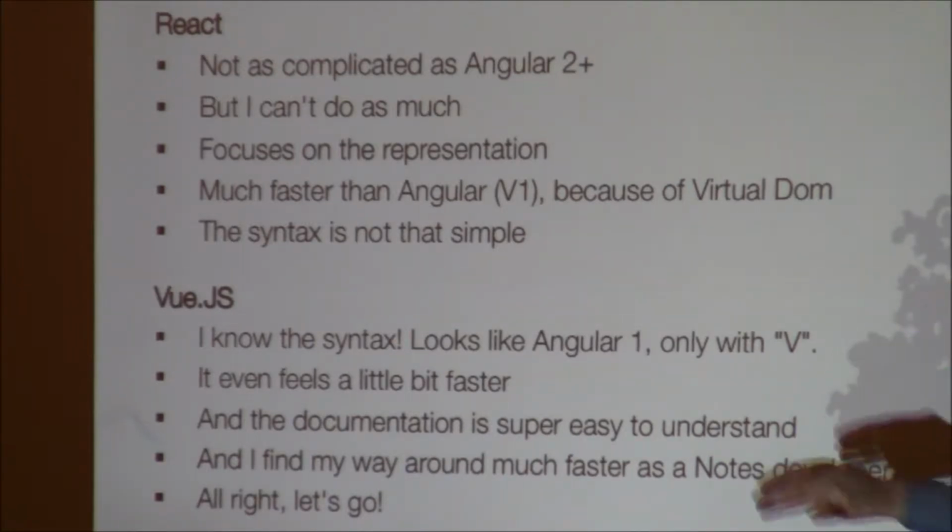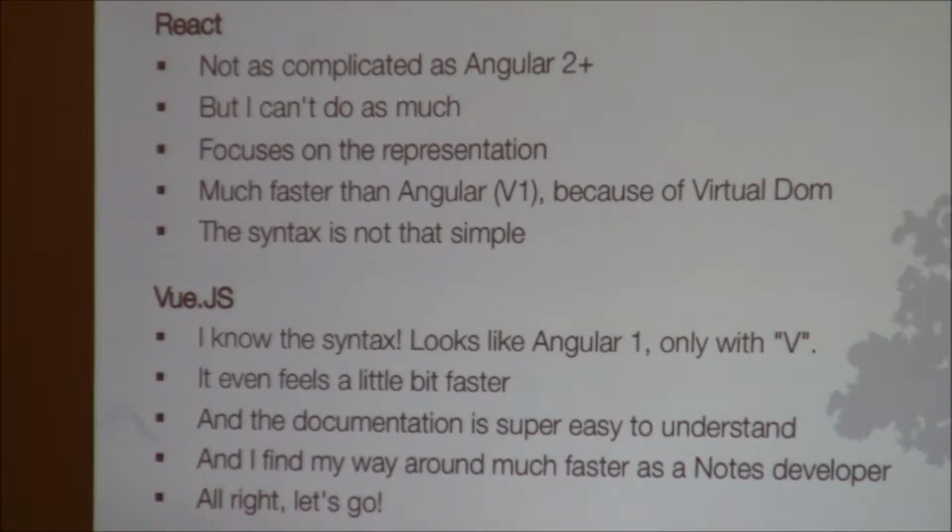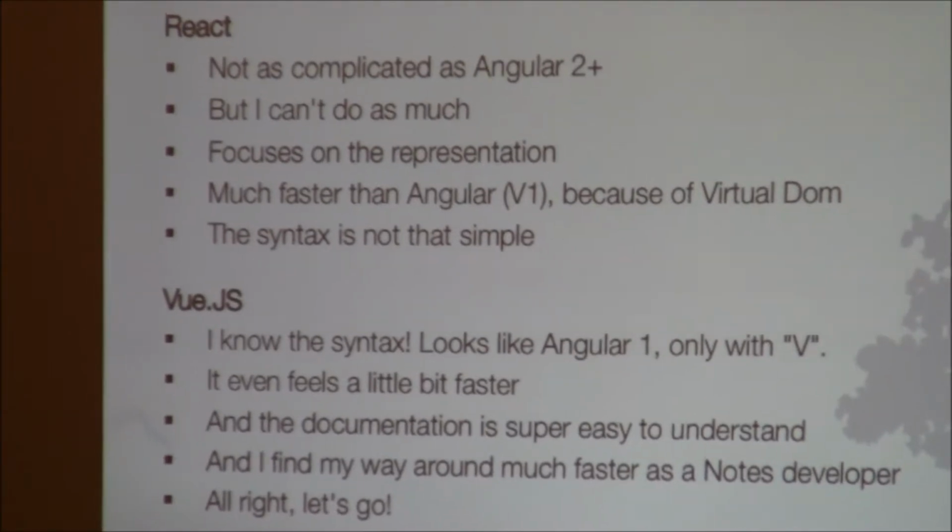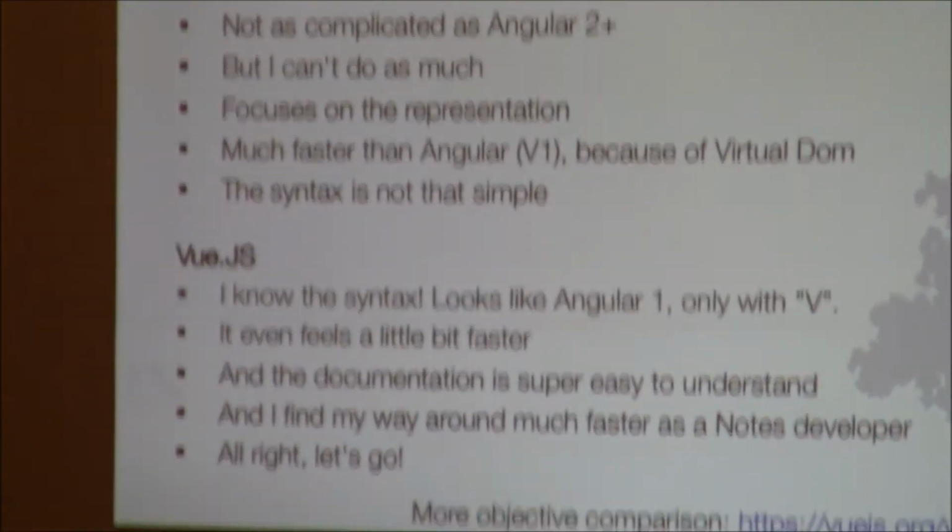Then I come to Vue. I know the syntax. This was a great experience. I go to Vue and I read the documentation, and it's the same as Angular. Angular uses properties starting with ng minus something, and Vue starts with a v, v minus something, and sometimes they have the same spelling. So it's very easy to go to Vue. It even feels a little bit faster, in my opinion. It's really fast. We have done big applications on Vue, and they are fast. So maybe if it's getting bigger and bigger, this may be a problem, but right now it's amazingly fast.